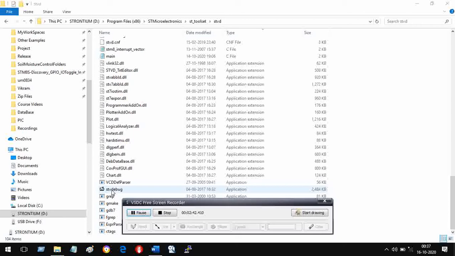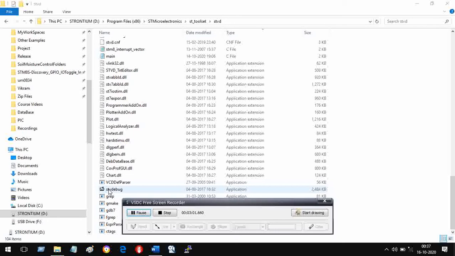So this is what you want, and if you have properly downloaded it, then this will also appear on your desktop. So what you have to do is just click it either here or on the desktop. That is one thing.